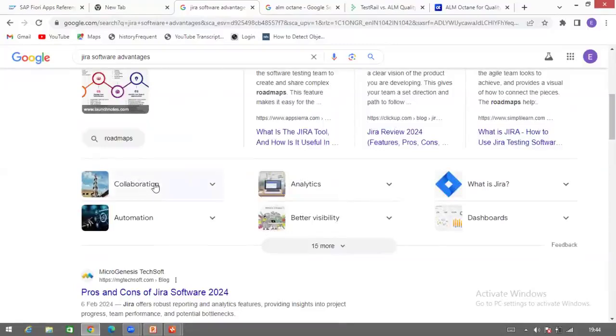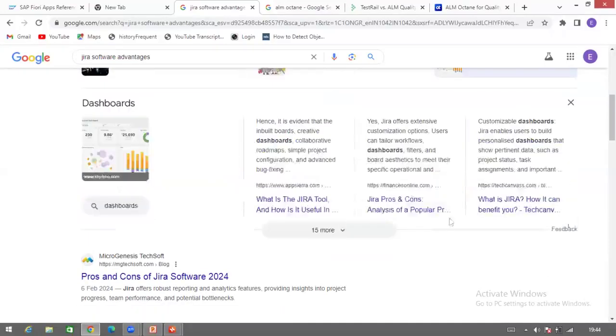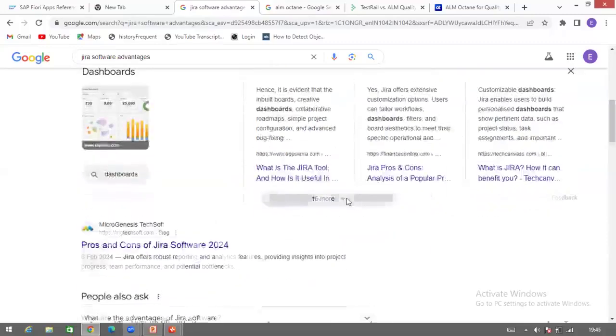Then the team collaboration. You can view the progress on analytics. You will have better visibility of the project, what is happening. You will have the dashboards. You don't want to create your own dashboards every time for presenting to the business the progress of SAP implementation. So you will have complete dashboards. It will look like this: what is the progress we have done, how much money we have spent, how many issues we have open and how many have been resolved. So all these will be tracked in this tool.